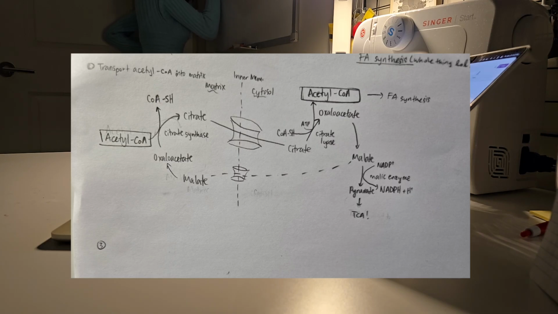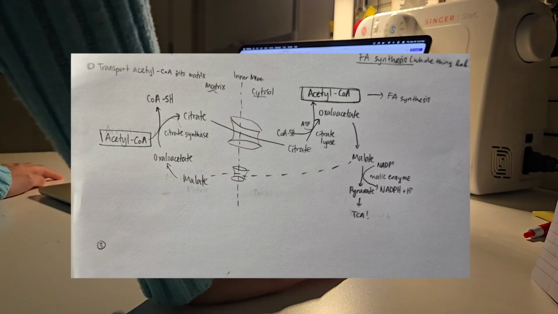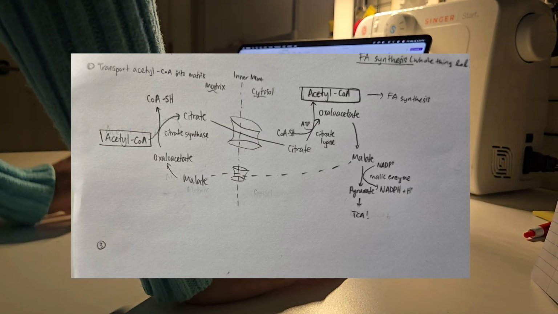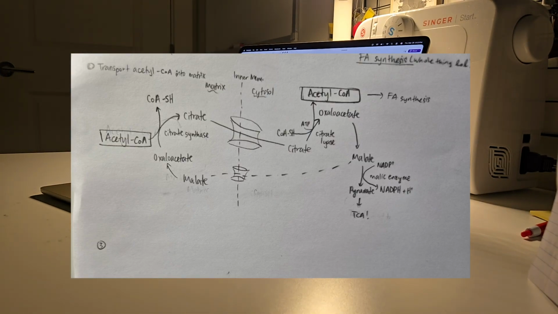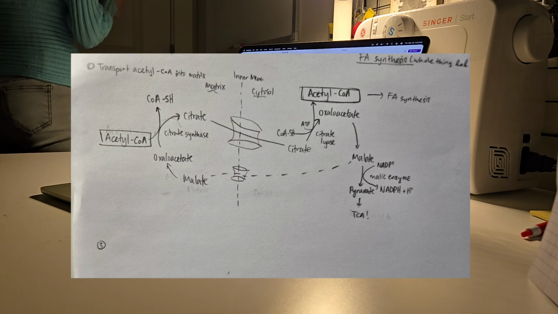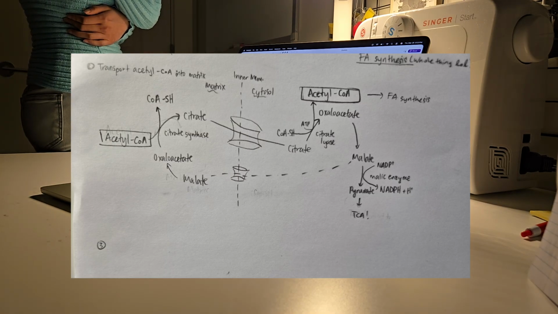The problem is the inner membrane is very impermeable, so it's kind of like a very tight border control. You know when you're at the airport and you can't bring a water bottle on the plane, so they make you dump it out, or it gets confiscated. It's kind of like that because the inner membrane is very specific in what can cross into the cytosol from the matrix. So acetyl-CoA needs to be converted into a form that is allowed to cross the inner membrane,